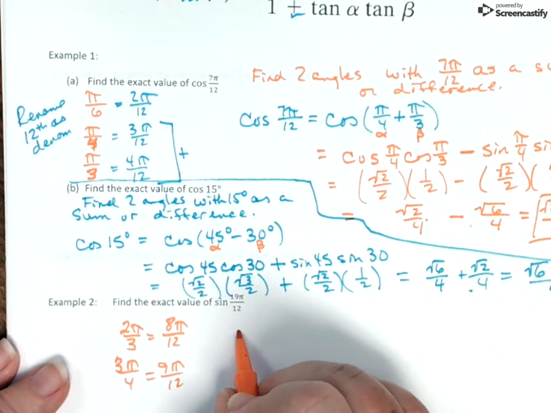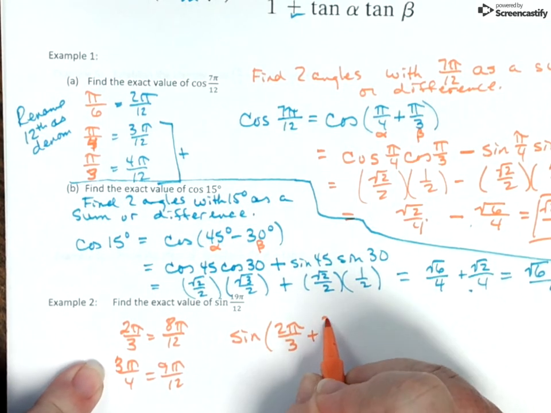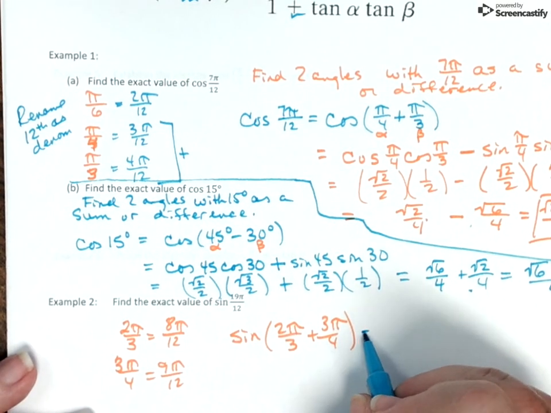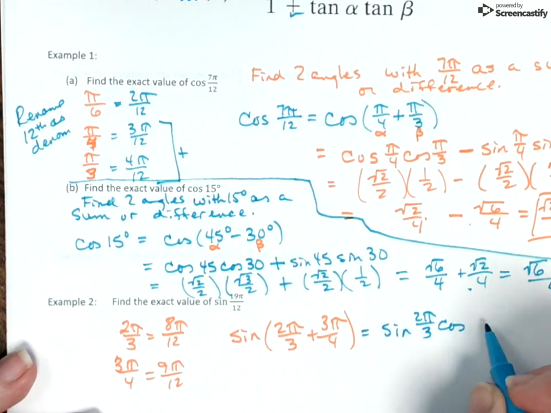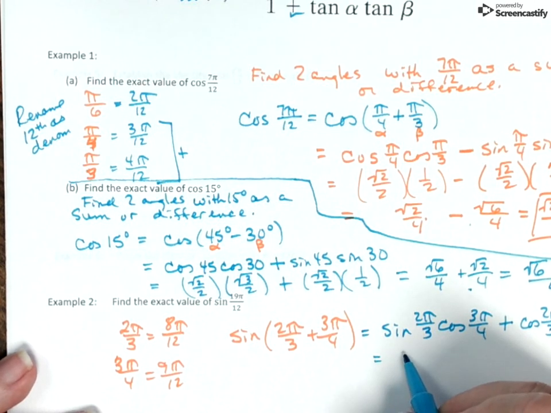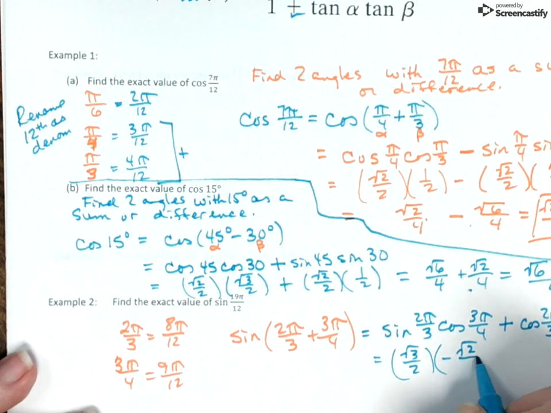So I'm going to rewrite the problem as sine of 2 pi over 3 plus 3 pi over 4, and I notice that that's a simple cheese sandwich problem. So I rewrite that as sine of 2 pi over 3 times the cosine of 3 pi over 4 plus the cosine of 2 pi over 3 times the sine of 3 pi over 4. That's going to give me root 3 over 2 times negative root 2 over 2